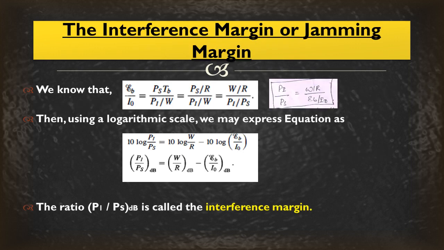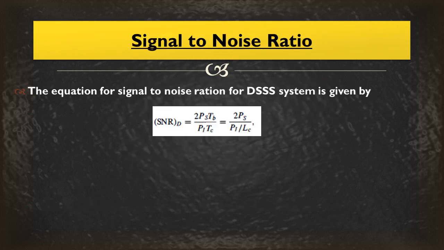The next parameter is the interference margin or jamming margin. In this slide, I am going to explain another very important parameter in spread spectrum. Interference margin means the amount of opposition offered by the spread spectrum technique to an interference signal or jamming signal. Jamming margin means the amount of opposition to the jamming process. I am using spread spectrum for anti-jamming. Now, what exactly is this? This term is the signal to noise ratio of the DSSS system. Again, I have not done the derivation here.